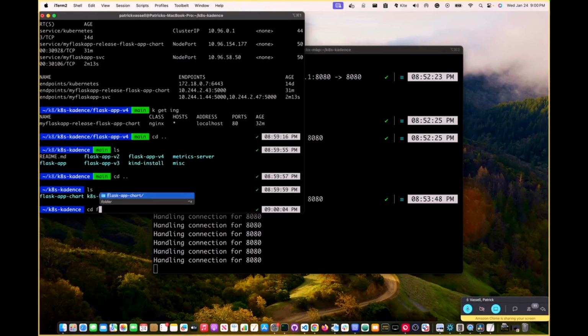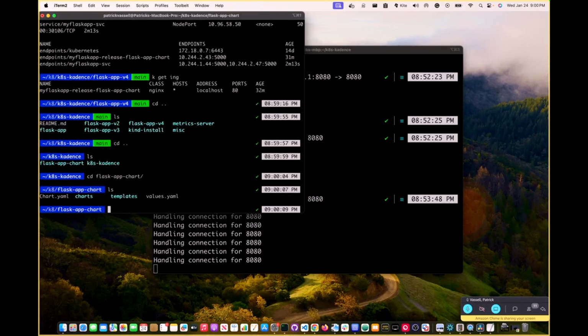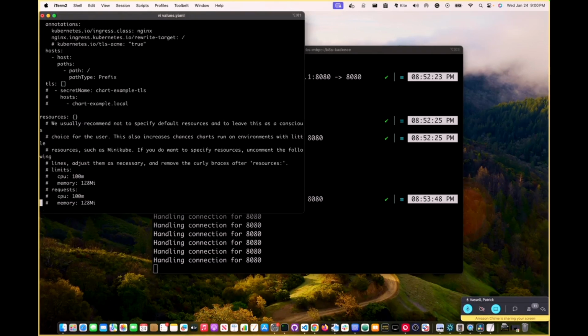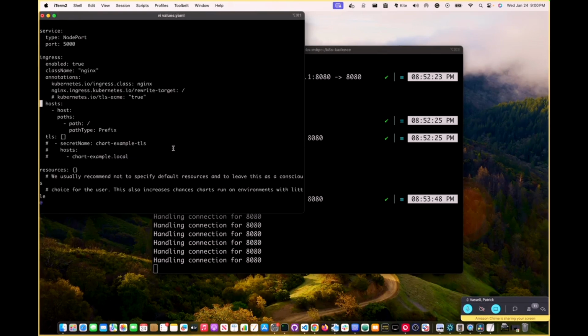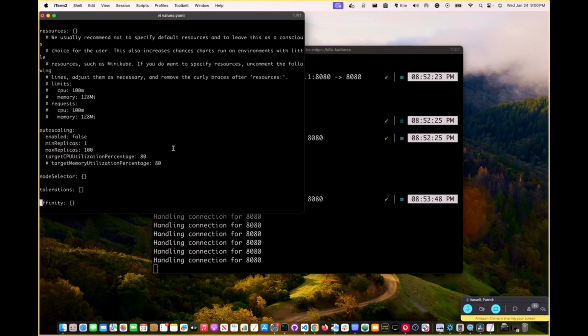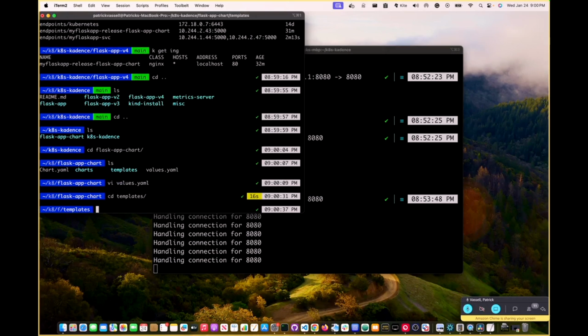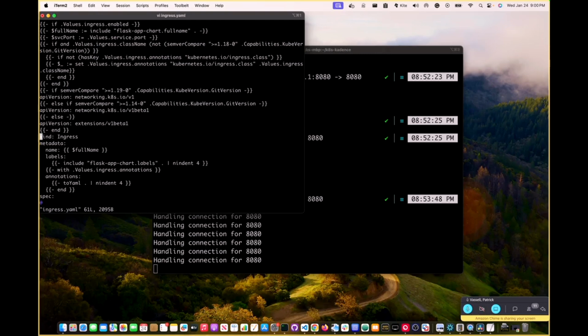All right, so let me go to the Flask app chart. That's what's hosting it. So if I go in via values, maybe. I don't think there is, okay, host, annotations, Nginx. All right. They're going to be a little bit more difficult. I don't know if I'm going to get this working, but what I'm thinking is what we would have to do is go into templates, and we're going to have to modify the ingress.yaml file and specify the